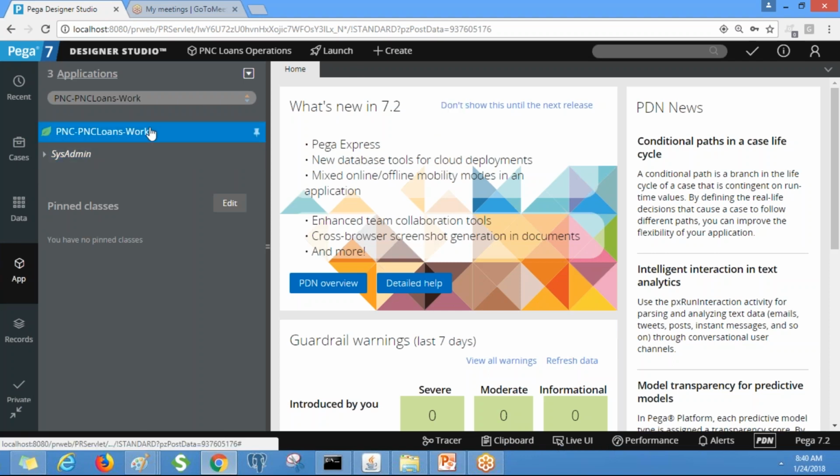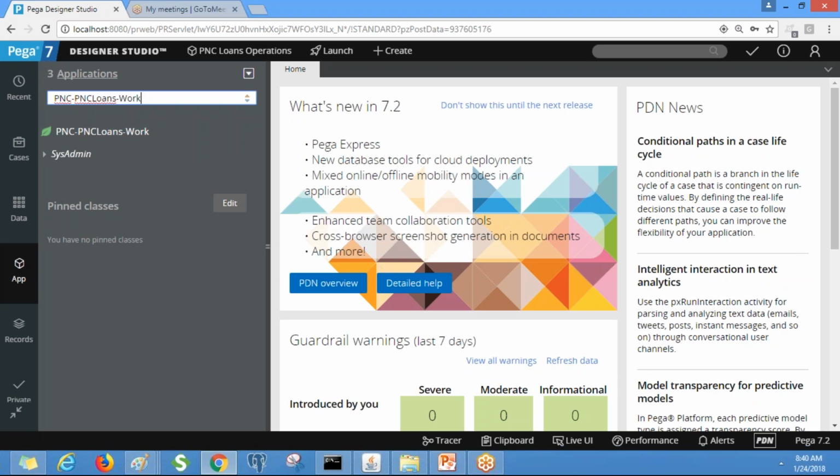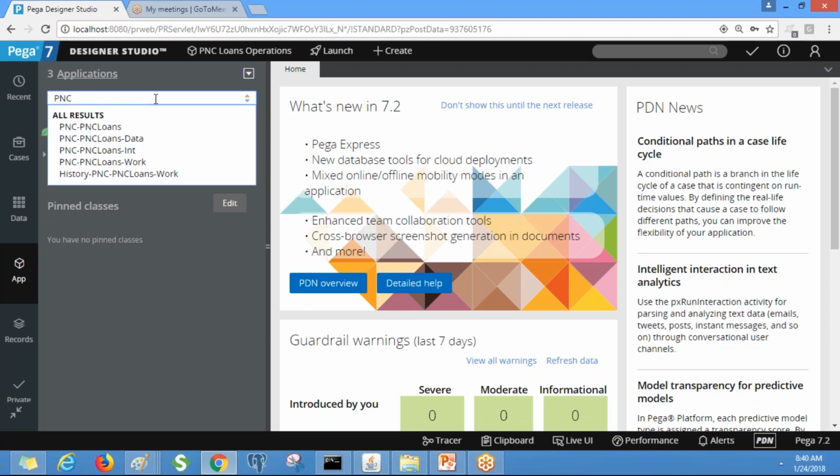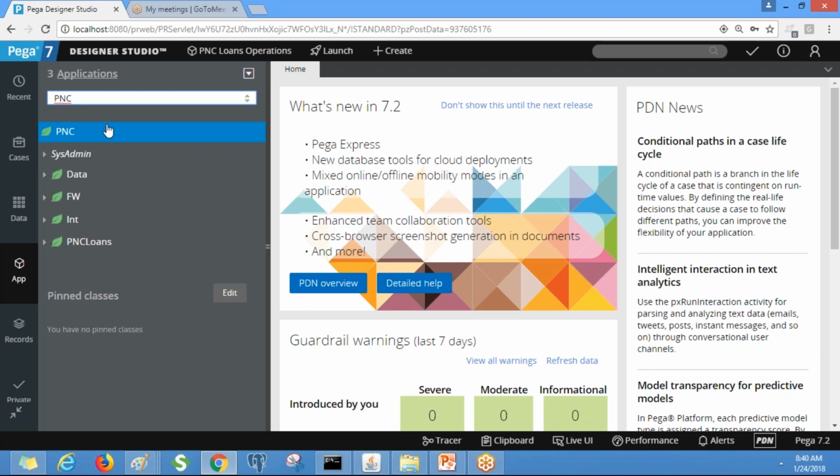So this is the work class. This is also called a class group and it is a concrete class. We have discussed, right? It is going to create the three level classes: one is the organization level abstract class, the division level abstract class, and the unit level concrete class. See, the PNC is an organization level abstract class, by using which you can create the reusable components under this class.